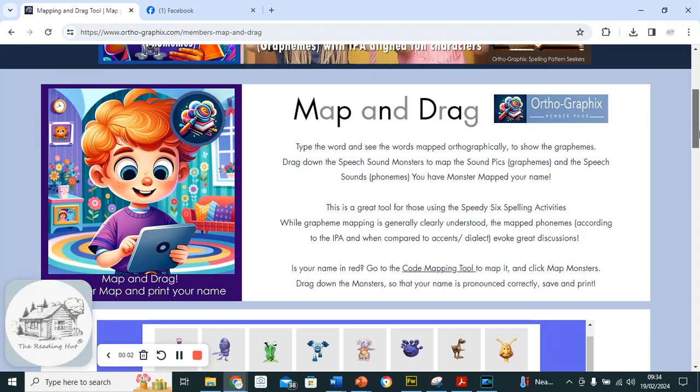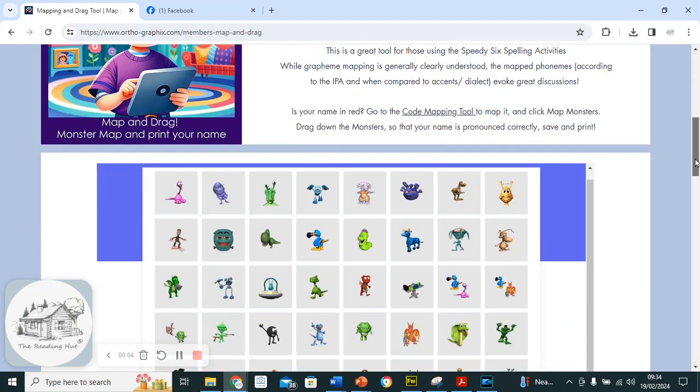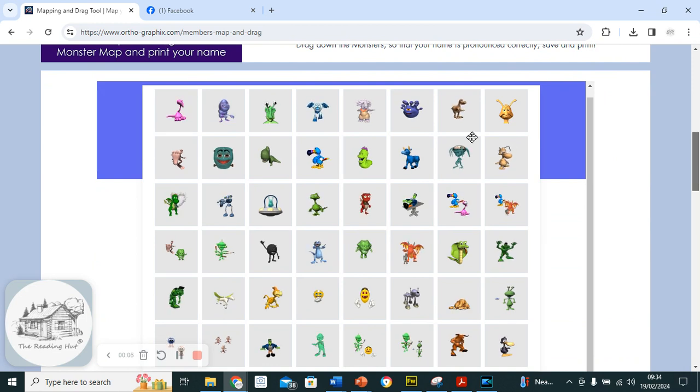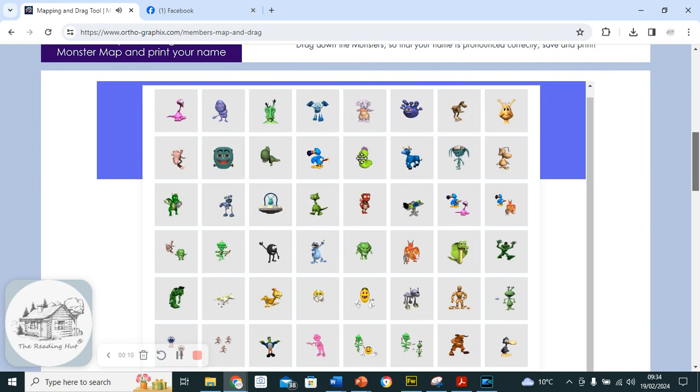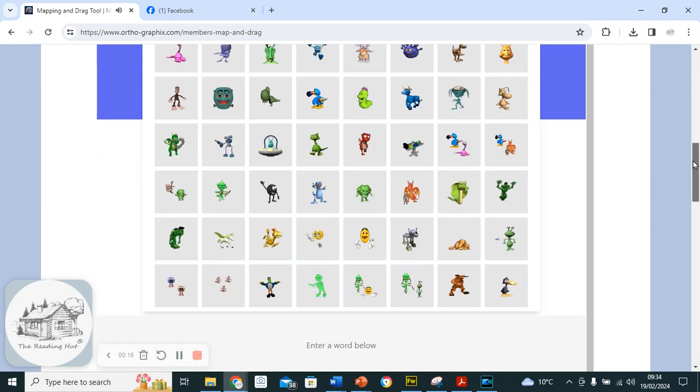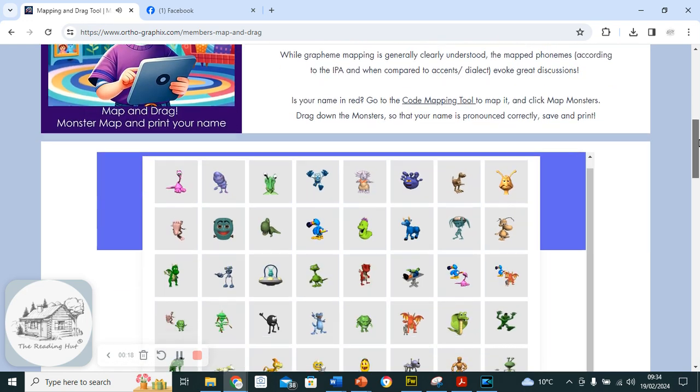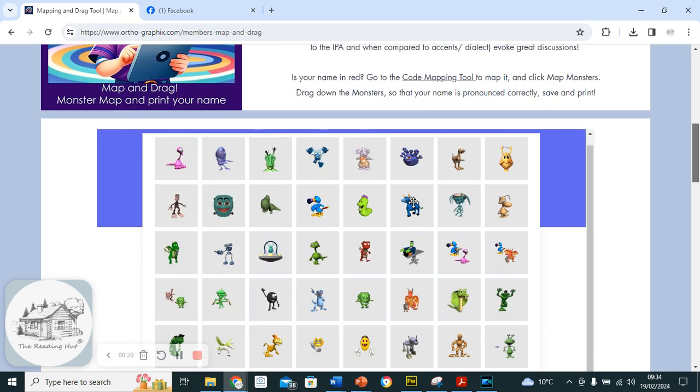Okay, so let's just do map and drag. Supposing you've got a parent session, so you're showing them, oh, look, welcome. Welcome. That's a good word actually for us to talk about the difference between